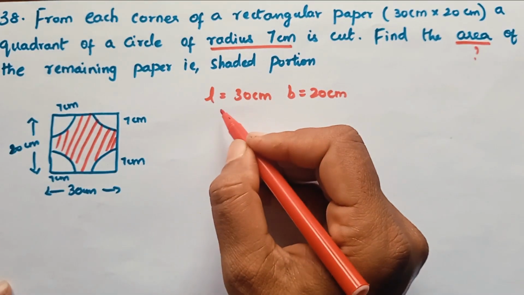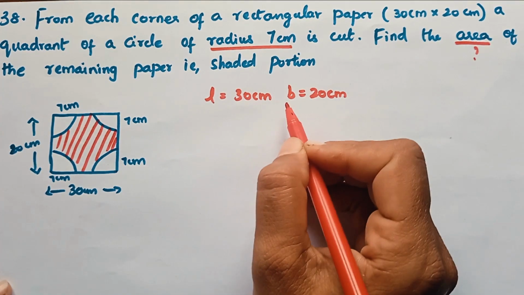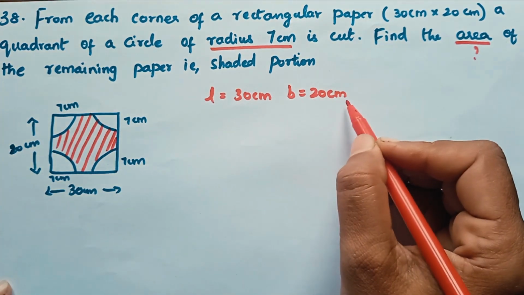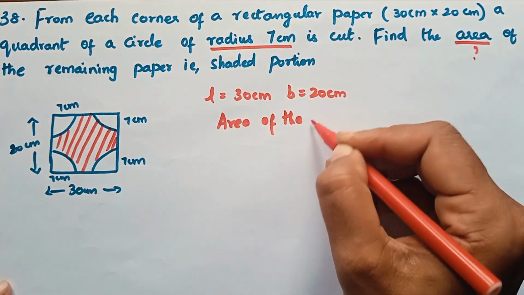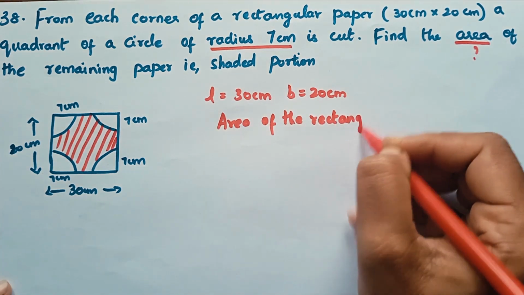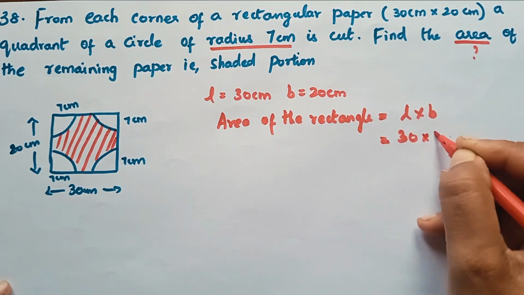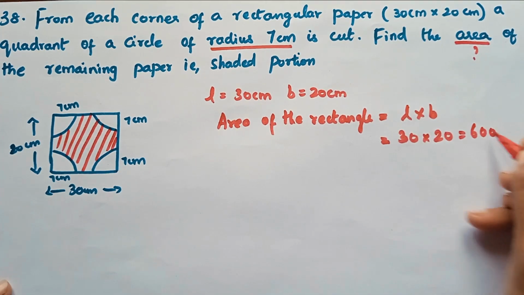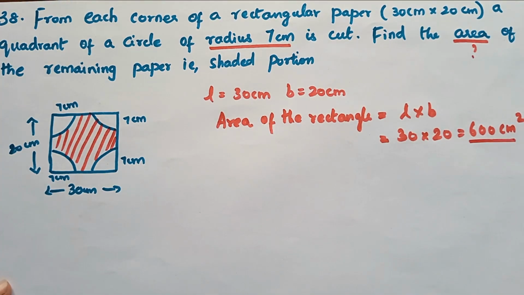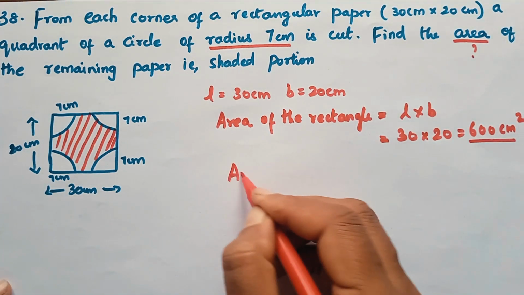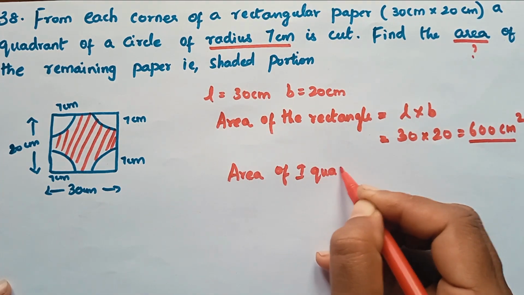So the length and breadth of the rectangle is given in the question. L is equal to 30 centimeter and B is equal to 20 centimeter. From this we can find the area of the rectangle equal to length into breadth, which is 30 into 20, 600 centimeter square. So the area of the whole rectangle is 600 centimeter square. So next we need to find the area of the quadrants. First we will find the area of one quadrant,